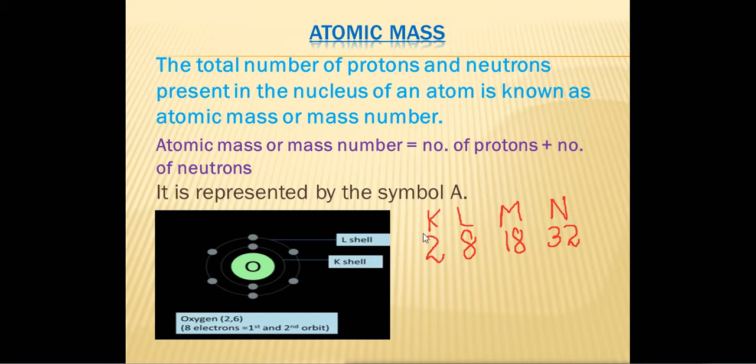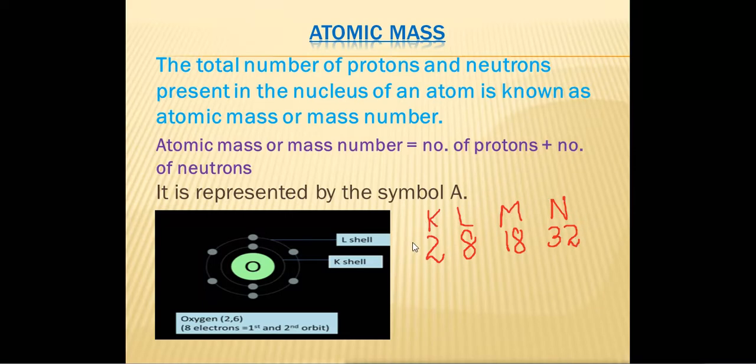The K shell will carry only 2 electrons, not more. For example, in your school, in one bench only 2 children can sit. If a third child comes and sits on your bench, you will feel uncomfortable. Like that, in the K shell we can fill only 2 electrons, not more than that. If the next electron is there, then it will go into the L shell. In the L shell also we can fill only 8 electrons. Suppose we have a dining table with 8 chairs. Only 8 members can sit, not more than that. Like that, in the L shell we can fill only 8 electrons. The extra electron will go into the next shell. In the M shell 18 electrons can be present, and in the N shell 32 electrons can be present.